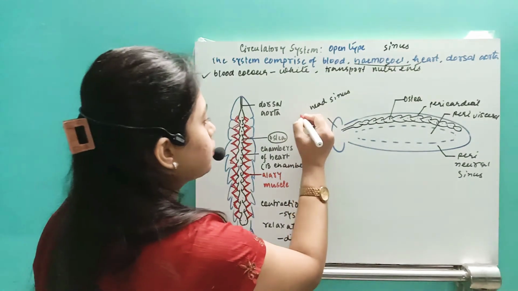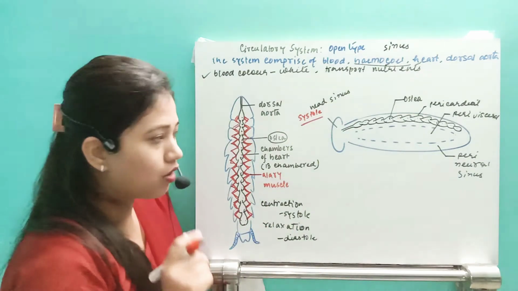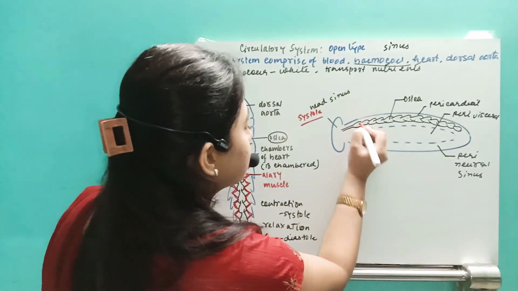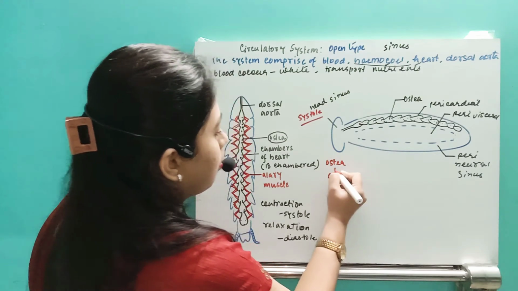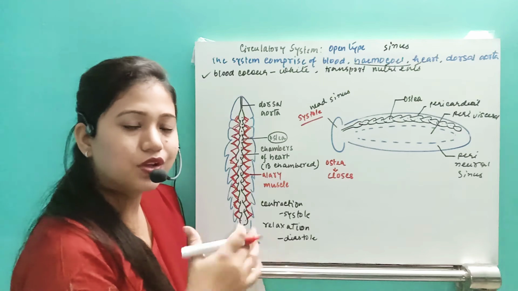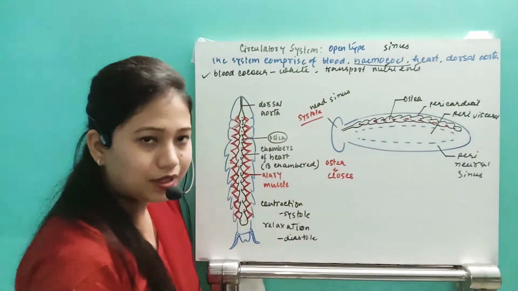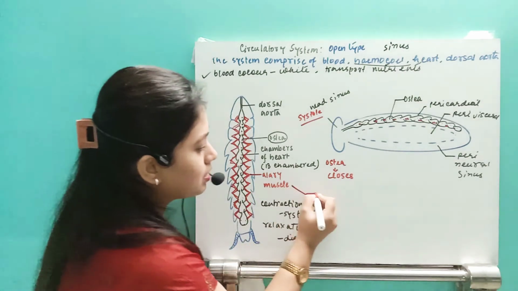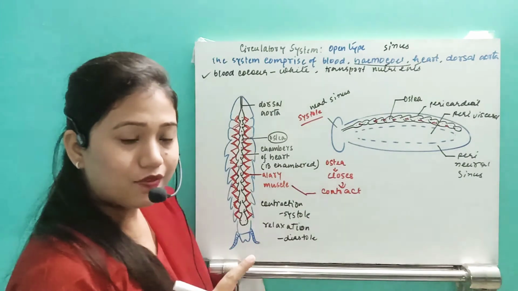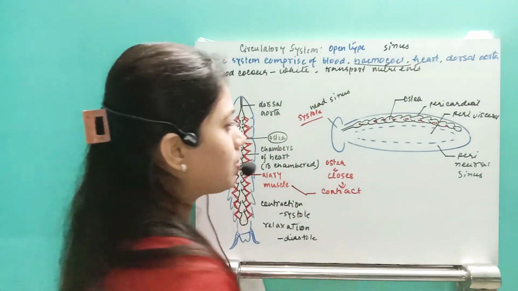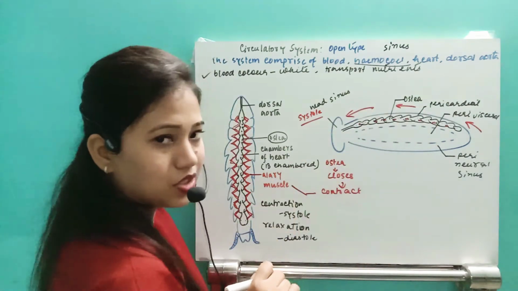Now, see what happens during systole and what happens during relaxation. First of all, let us see the systole. Whenever systole occurs, the ostia close. Remember, the ostia close. That means before closing of the ostia, the blood is already present in the chambers of the heart. Next, the Eleri muscle will contract. Whenever the Eleri muscle contracts, the blood moves from the posterior region to the anterior region.